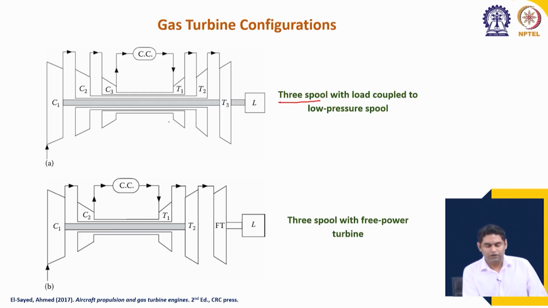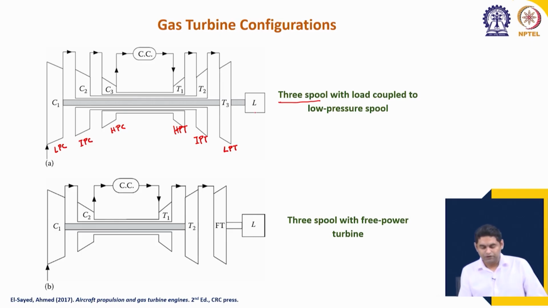One shaft has the high pressure turbine with the high pressure compressor. Then the second shaft will have the intermediate pressure turbine, okay, IPT, with the intermediate pressure compressor, and then there is the low pressure compressor which is connected to the low pressure turbine, and the load is also connected